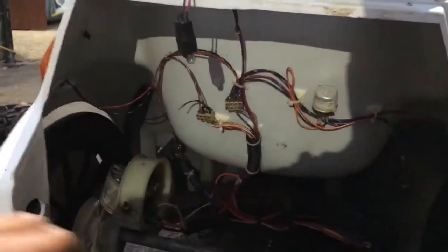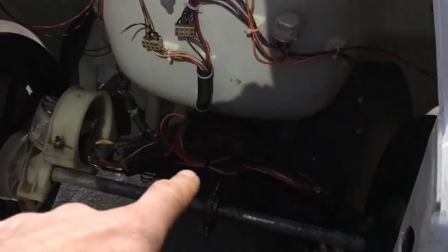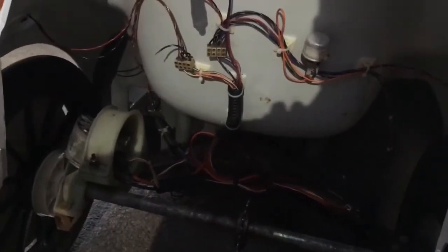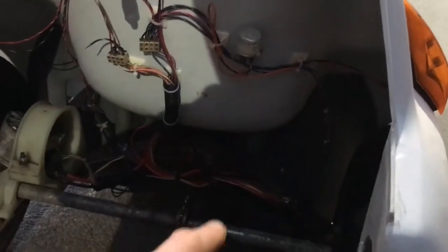In here, as you can see, I've neatened up the wiring compared to how it was. It was an absolute tip, hanging down. So that's all nice and neat. I've also just started to neaten up the wiring down here, but not doing too much because I need to have a bit of slack so I can connect the motor up and test it. And chances are the control box or the pod doesn't work properly, so